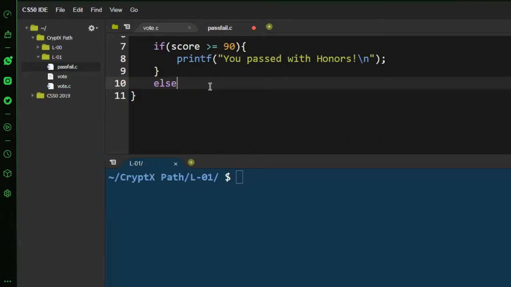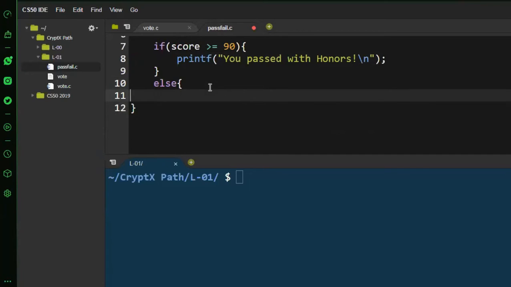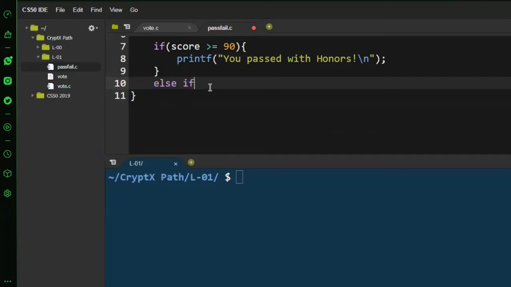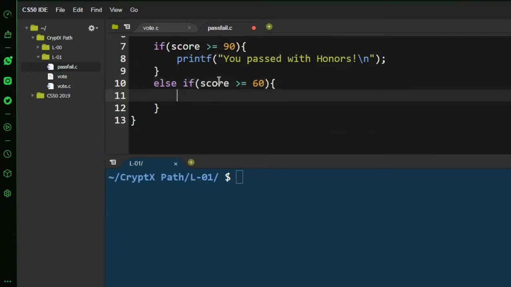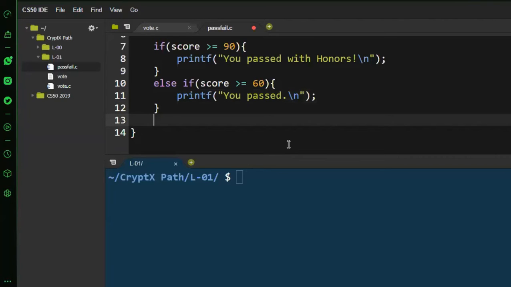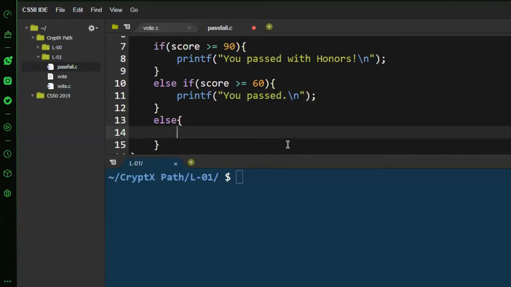Okay, we took a look at the else statement, but there is one more statement in the conditional, which is else if. If the first statement is false, then this condition is going to run. So if your score is greater than or equal to 60, then it is going to print "you pass." And then I can write else printf